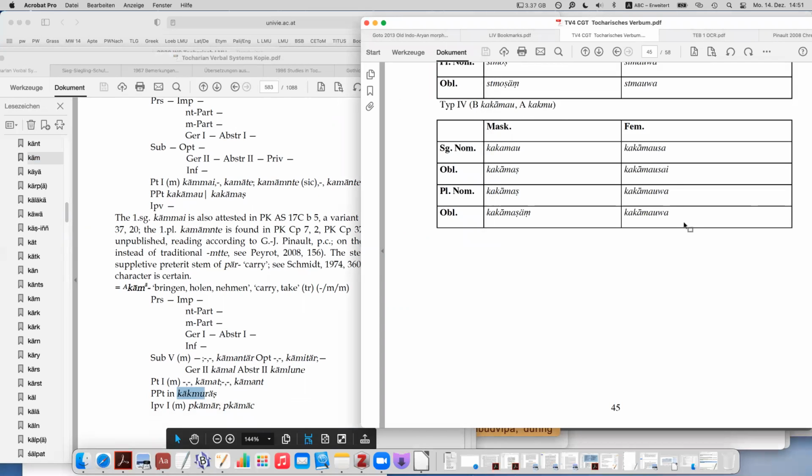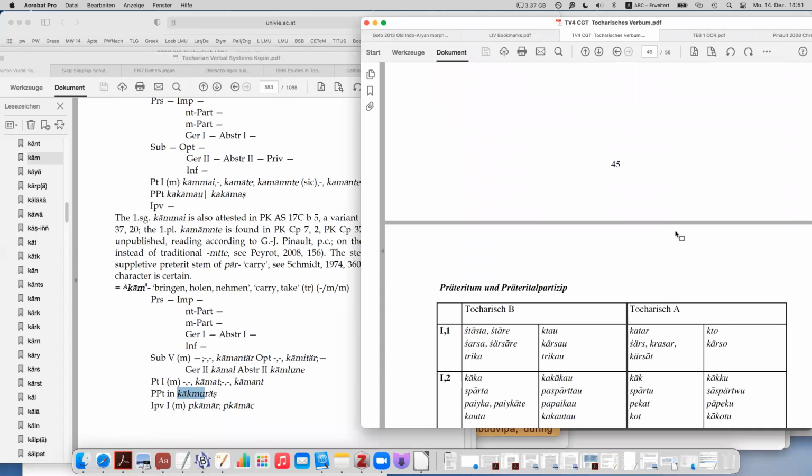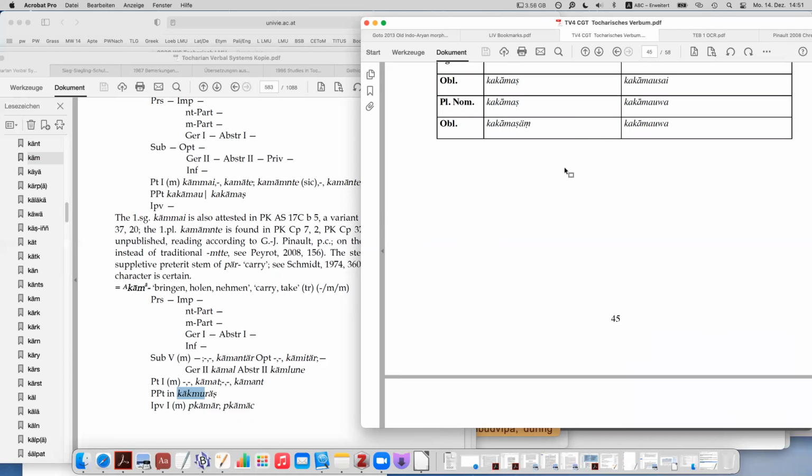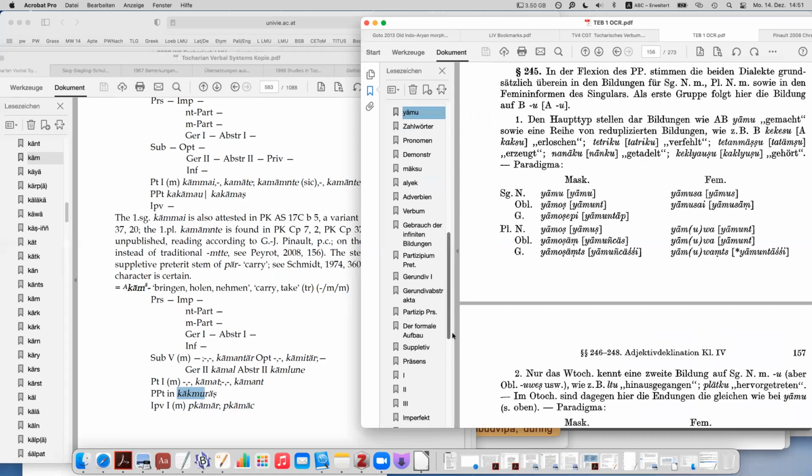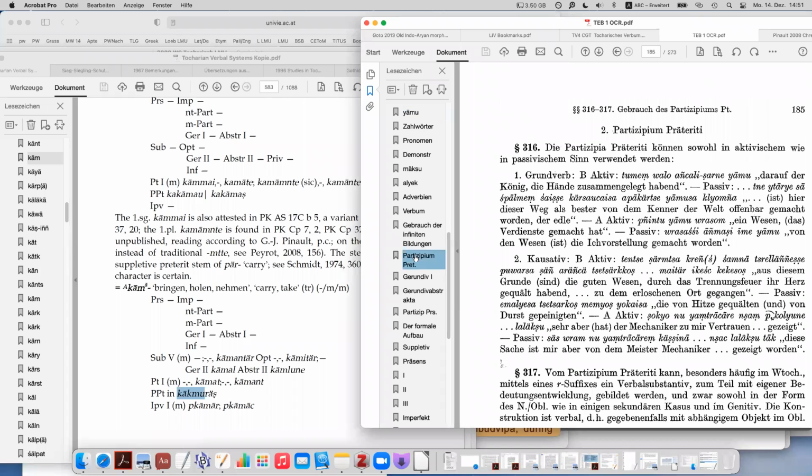So this is the preterite participle. And preterite participles are really important in themselves, because you can build past tense, just like the perfect participle and also the aorist participles. But they are also important for other reasons, because we can build another important category of forms using preterite participles.